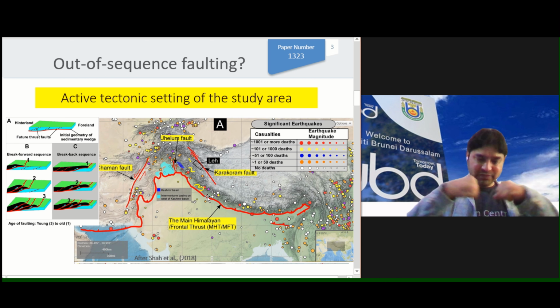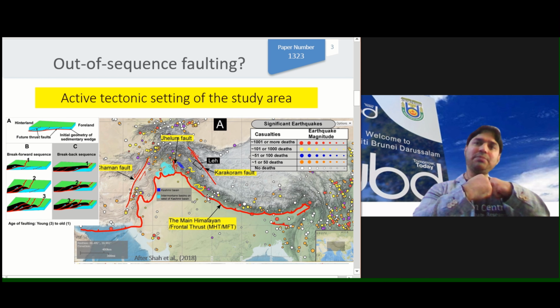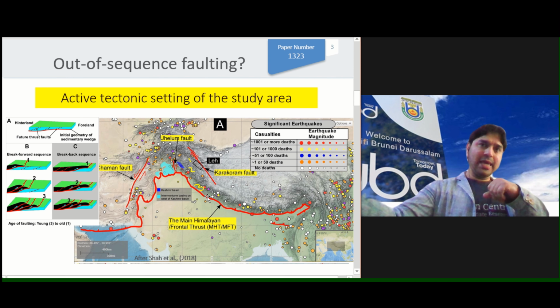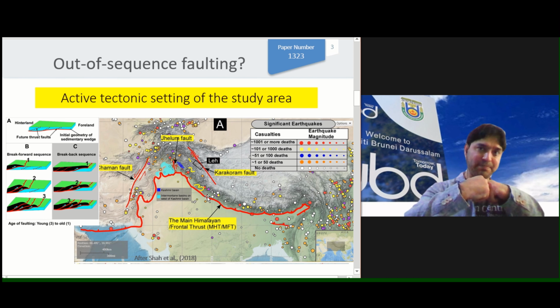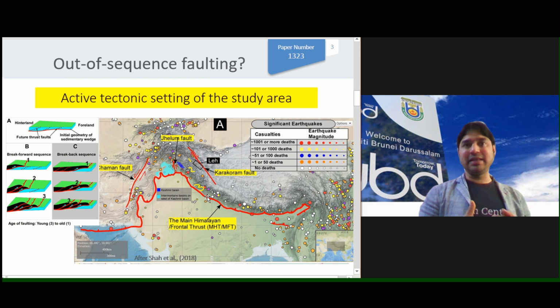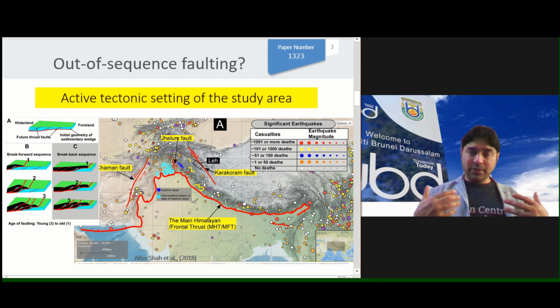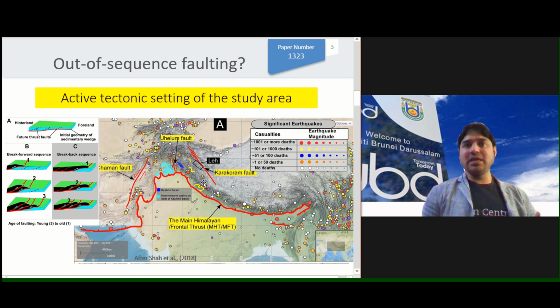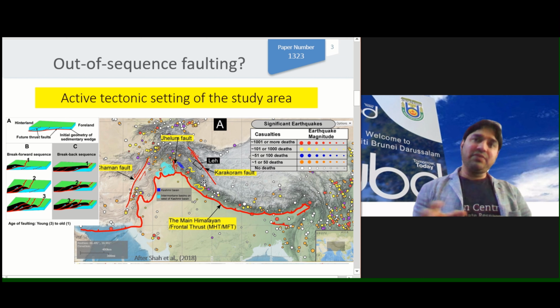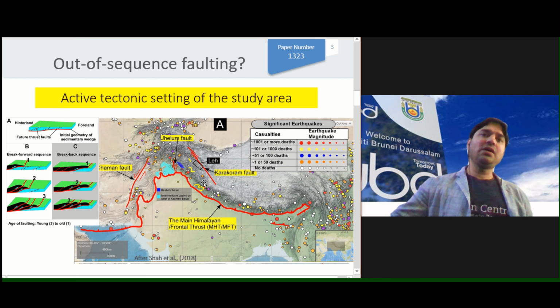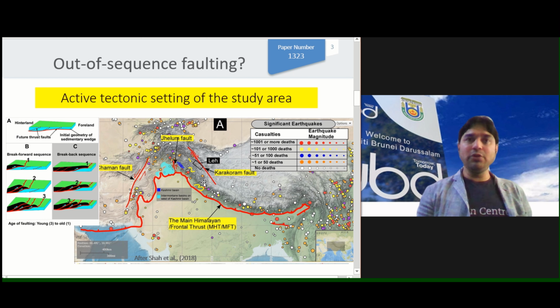So you have two plates converging. The main convergence will be taken by the front, and then the rest of the structure takes some, but the impact is going to be taken by the front. So the faults do exactly like that. The main part of the convergence is taken by the front, but you do have other parts also taking part in this convergence. But because most of the convergence, for example out of the 5 centimeters, if 2 is taken by the frontal fault, if you have multiple faults, how much convergence will they have? That means they will have low, right?